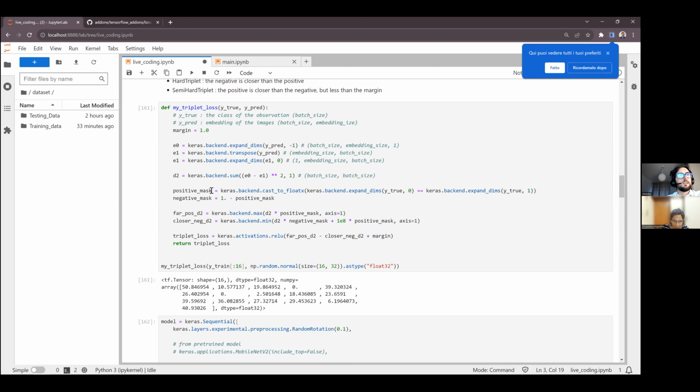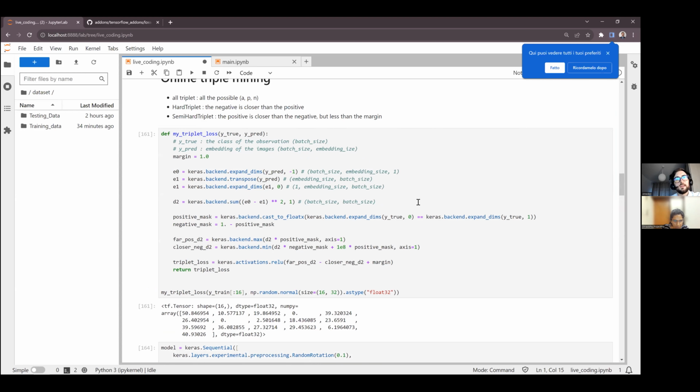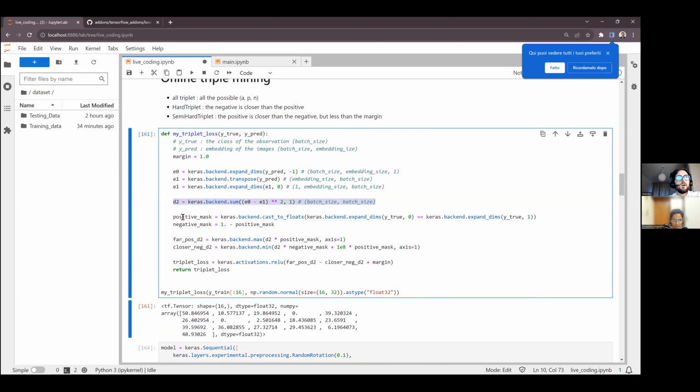I don't really know, but let's say you get more or less an idea of how we define the triplet loss. We compute the distance matrix. We find a positive mask, a negative mask, then look for a positive element that we want to take, a negative element that we want to take, and in particular their distance. And then finally we compute the triplet loss like that. Before sharing the code with you, I'll make sure that this works so that you can get an example of how to define a triplet loss, but I think it's better now to go and answer some questions, so I can go to see the questions.